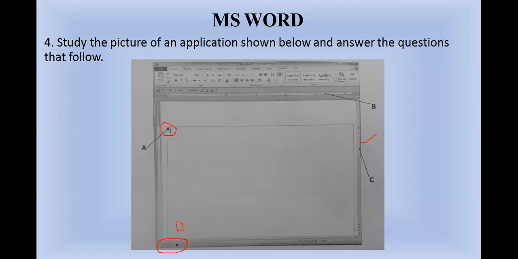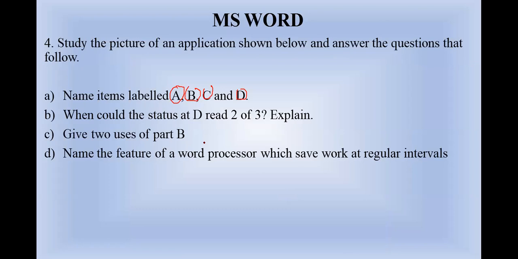All right, let's progress. What is D? This region? Kondwani. Status bar. That is the status bar. That is correct. And let's move on to